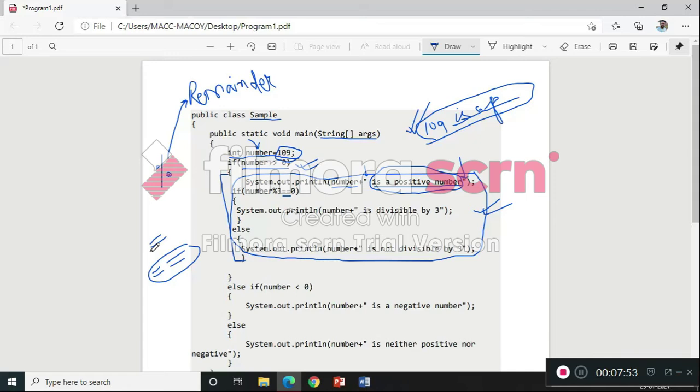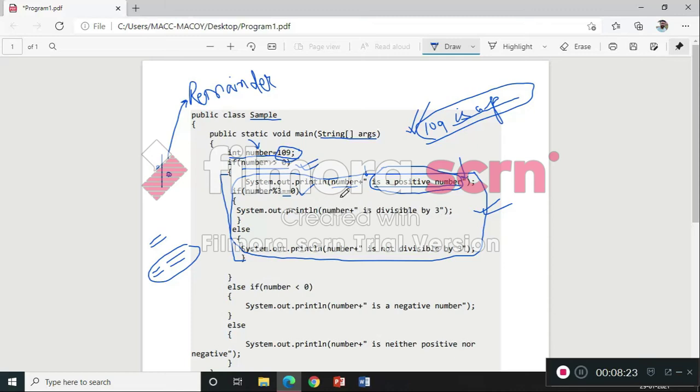But in mathematics, we utilize single equal to, right? Okay. If number modulus 3 is equal to 0, that means the value of number, 109, divided by 3 gives the remainder 0. Only if this succeeds, then this will be displayed: number is divisible by 3.